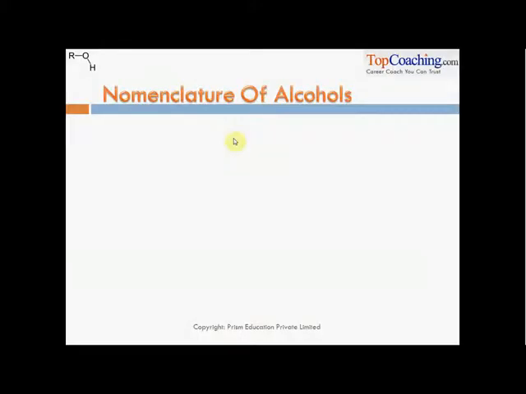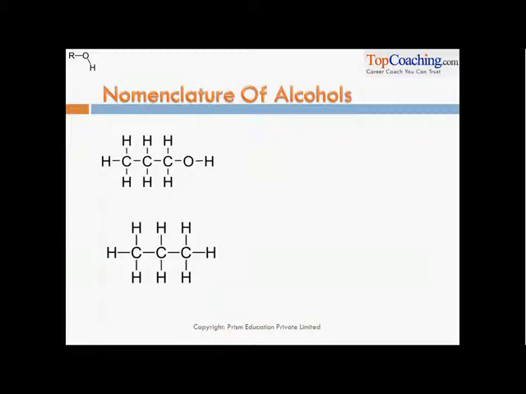Friends, now that we have understood what alcohols are and how are they classified, let us see how do we name them. Like, how do we call a particular alcohol? With what common name and with what IUPAC name do we refer to these alcohols? So, let us say this is an alcohol, right? What we do is we identify the hydrocarbon from which this alcohol was made. So, this is the hydrocarbon, right? If you remove this OH group and replace it with H, this is the hydrocarbon.